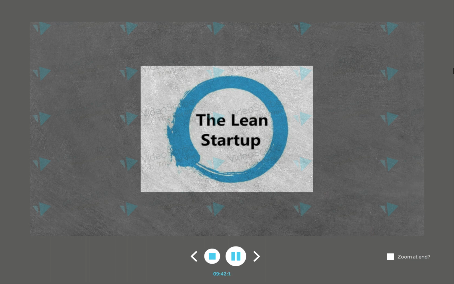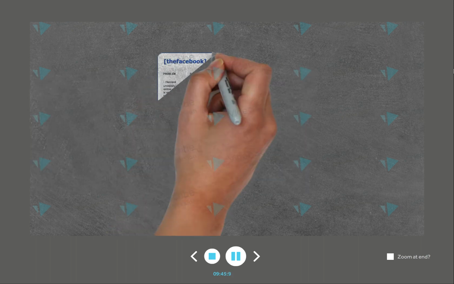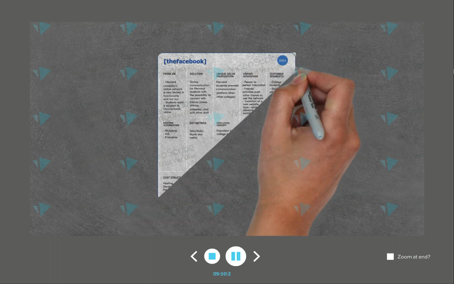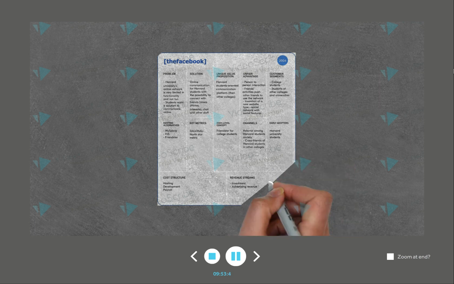The Lean Canvas is a one-page summary of your startup. The Lean Canvas allows for changes to be made to the business plan as the business grows and develops. The business model includes 9 boxes for building your business. And here's an example of the Lean Canvas using Facebook as the